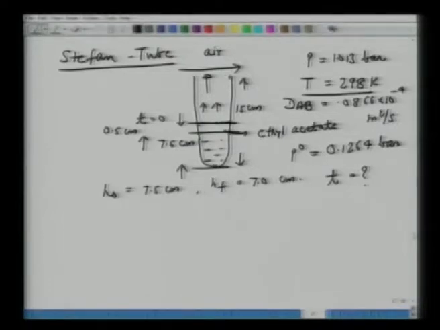So we can assume if the quantity of ethyl acetate which evaporates is very small, and there is a very large amount of air, that the mole fraction of Ya2, A is for ethyl acetate and B for air. So the mole fraction of ethyl acetate at the outlet of the tube is approximately 0. Okay. Question is, of course, number 1. First question is, what is the molar diffusion flux at T equal to 0?